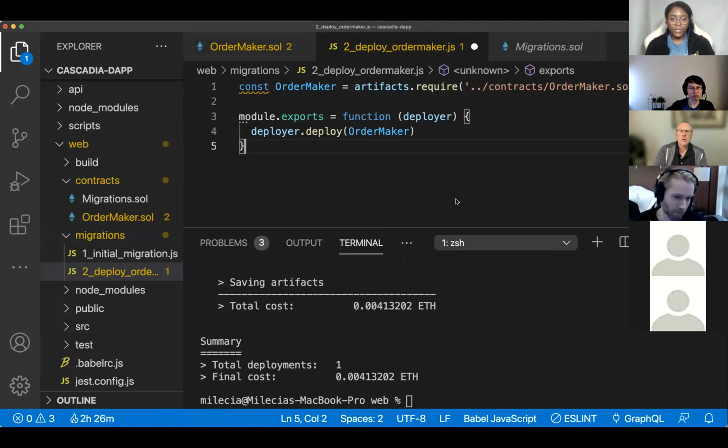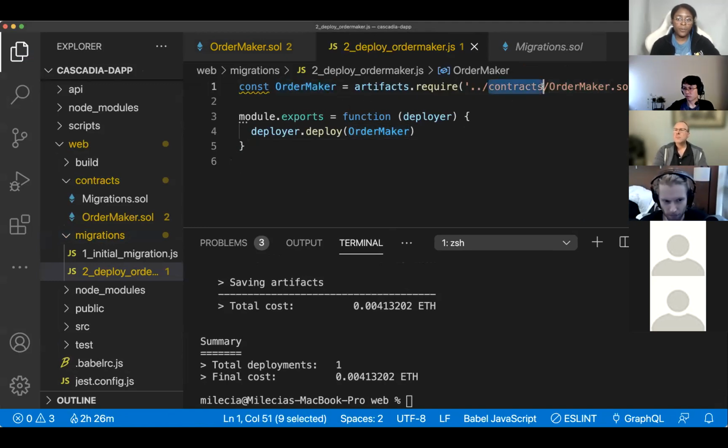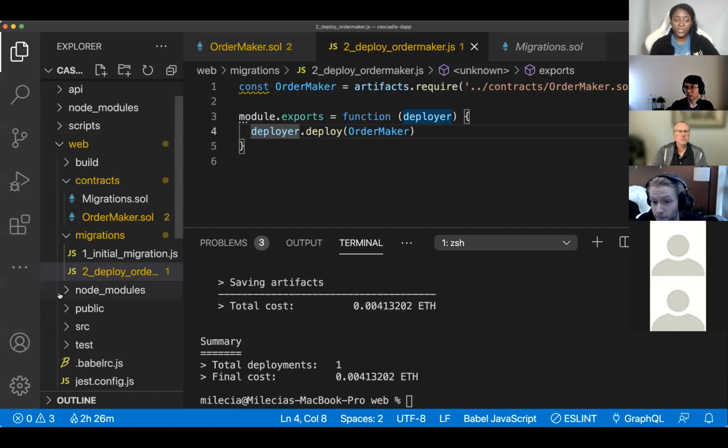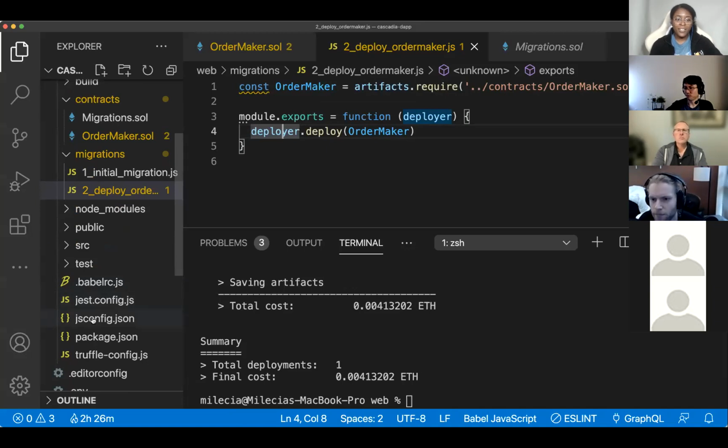So this is what we're putting in our migration file. And basically, we're importing this order maker artifact from our contract because our contract is the artifact. And then we're just deploying it. This is some fancy stuff that happens because Truffle knows what to do with things, and Solidity handles all of the compilation stuff in the background. And one little secret tidbit down here. I don't know if anybody noticed when we ran that truffle init command, it actually generated this